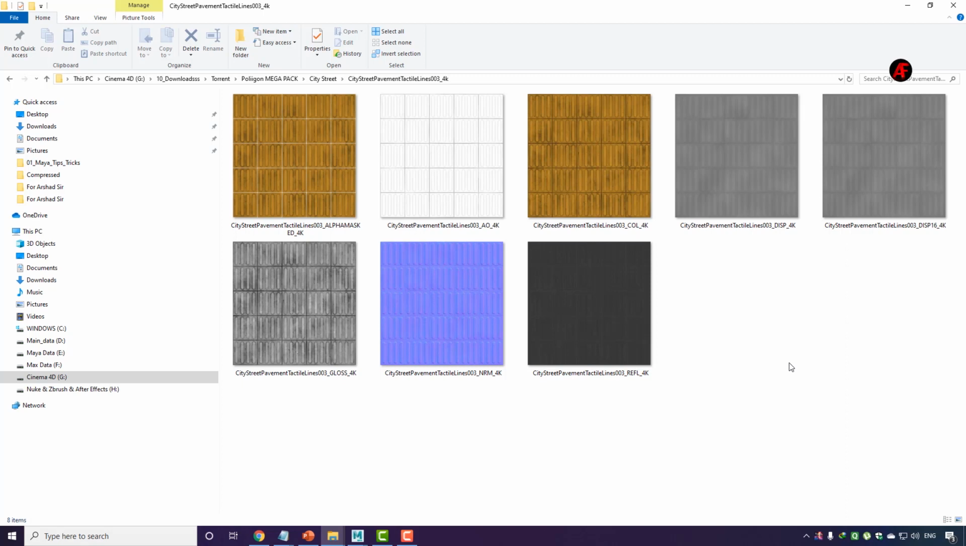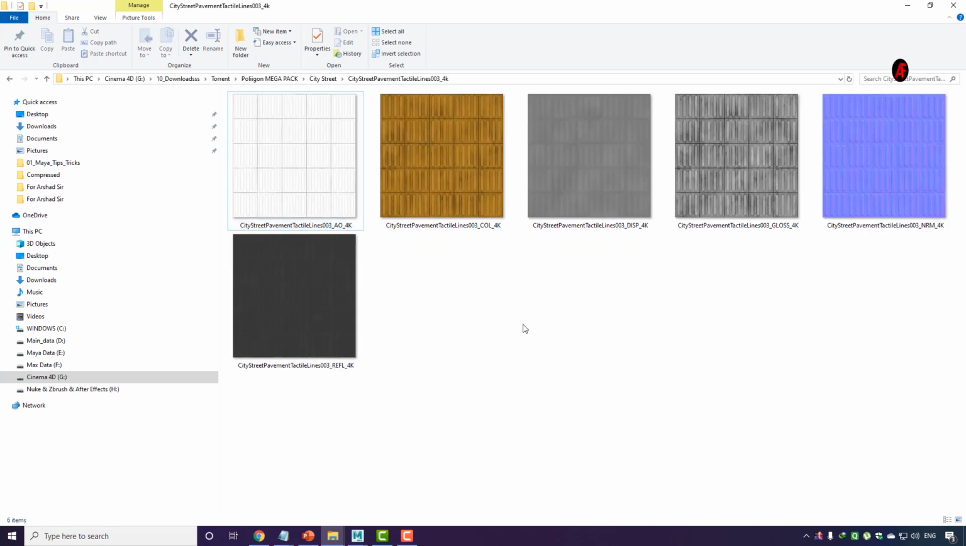Now you can see I'm having all these things like ambient occlusion, color, displacement 16 bit, and then glossiness, and then normal, and then reflection. So what I don't need right now, just for the time being, I don't need this one and this one, and I'm going to delete it right now, right? So